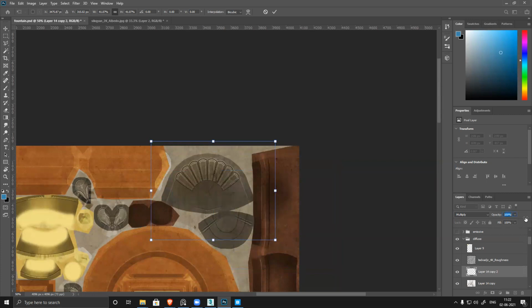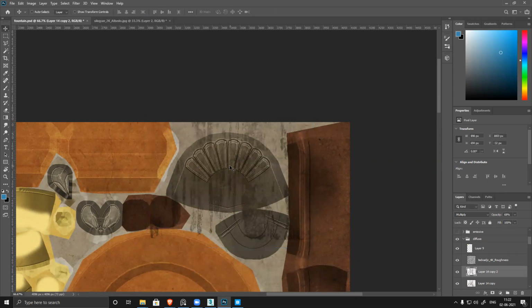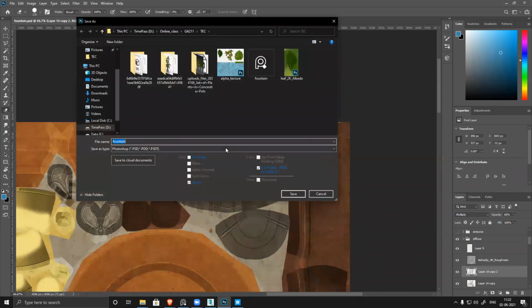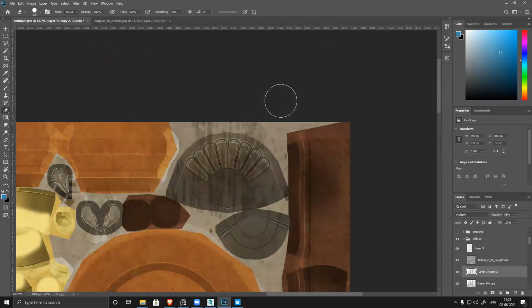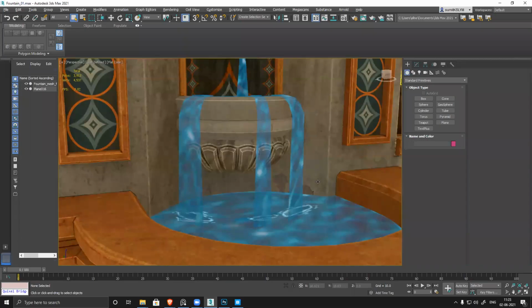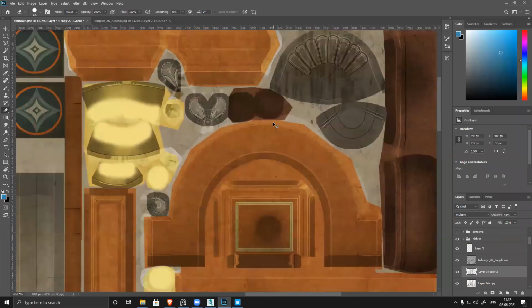Intensity I can increase. Get all this imperfection plus those two lines.